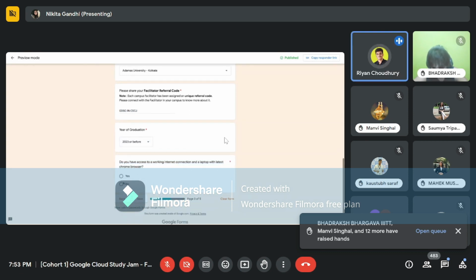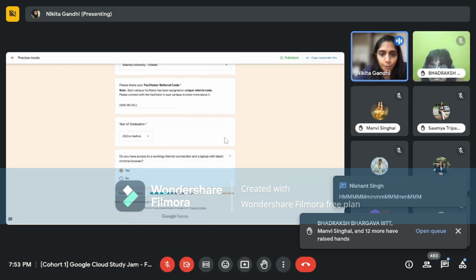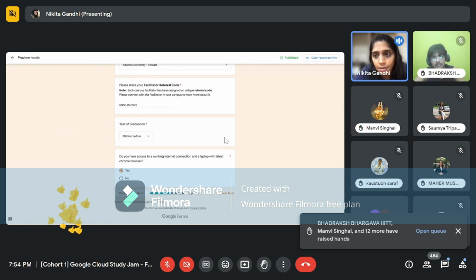Ma'am, like 150 students need to be filling up, every student needs to be filling up the referral code? Yes, that's exactly how this will operate. Without a referral code, this form will not submit. What I mentioned was you create a replica of this form, a copy of this form, and ask people to fill that form. And the actual form, which you cannot share publicly, you can fill on behalf of those 150 participants. This way, you can also validate the entries for those who are interested, make sure they have given the right email address, the right Google Cloud Skill Boost URL, so there are no typos or mistakes over there.